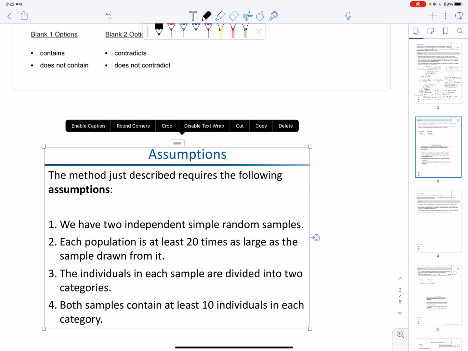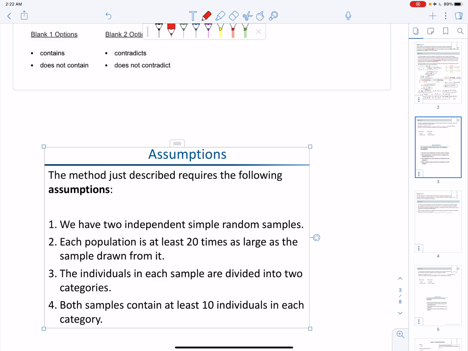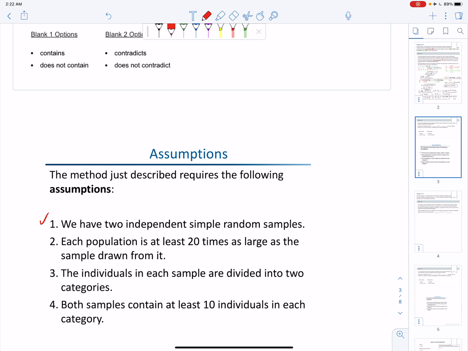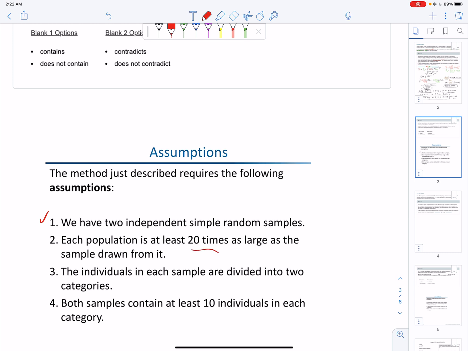Well, the first assumption is that we have 2 independent simple random samples, and it did say that in the problem. Each population is at least 20 times as large as the sample drawn from it. I think that one sometimes is kind of hard to tell because I'm not exactly sure how big the population is,